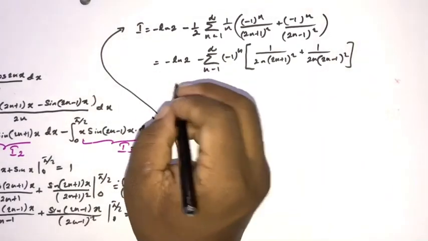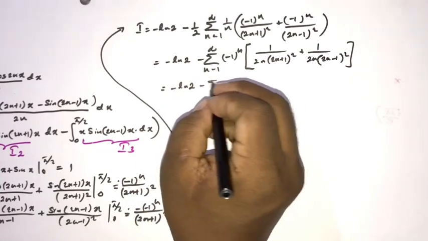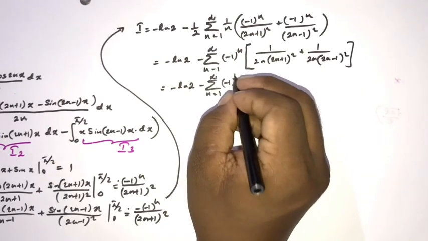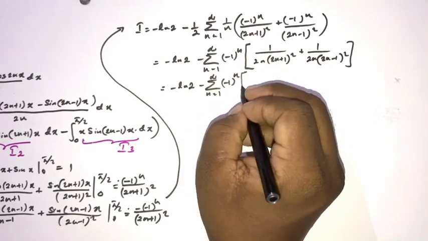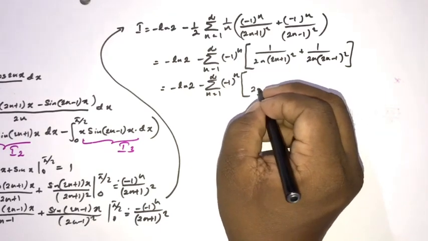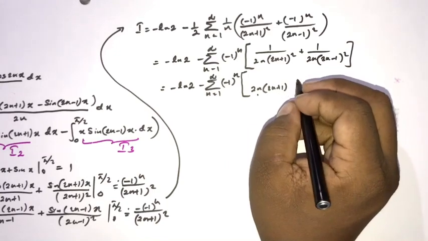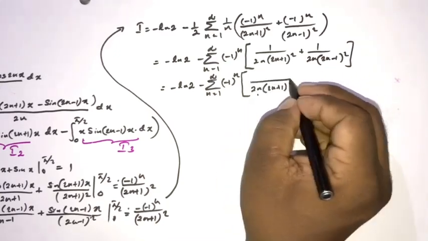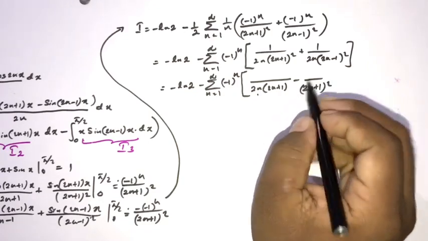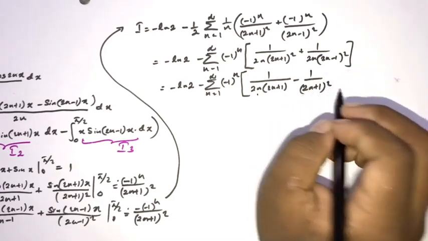Okay, then minus natural log of 2 minus sum n equals 1 to infinity, minus 1 to the n. Now we can simplify this. Here if we take 2n plus 1, then here minus (2n plus 1) squared, so 2n plus 1 minus 2n get cancelled, so here we have 1,